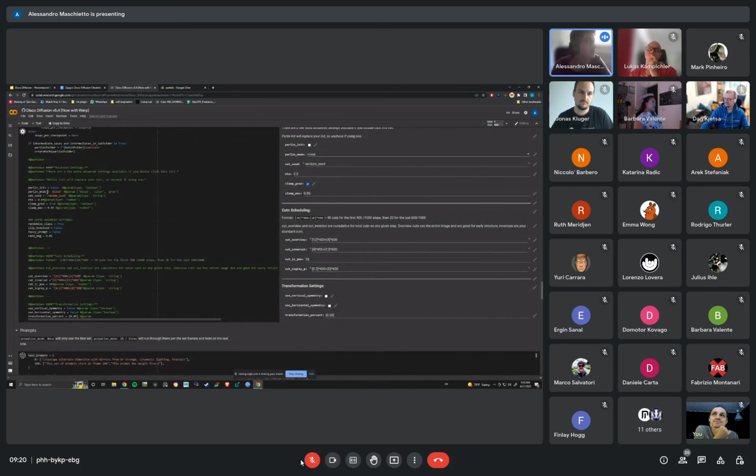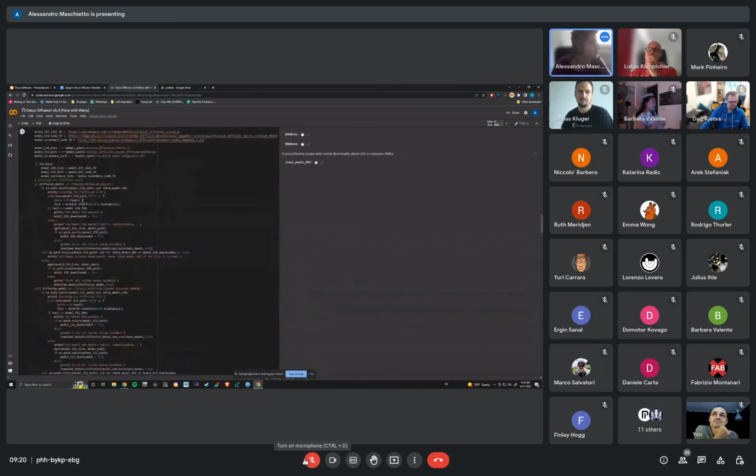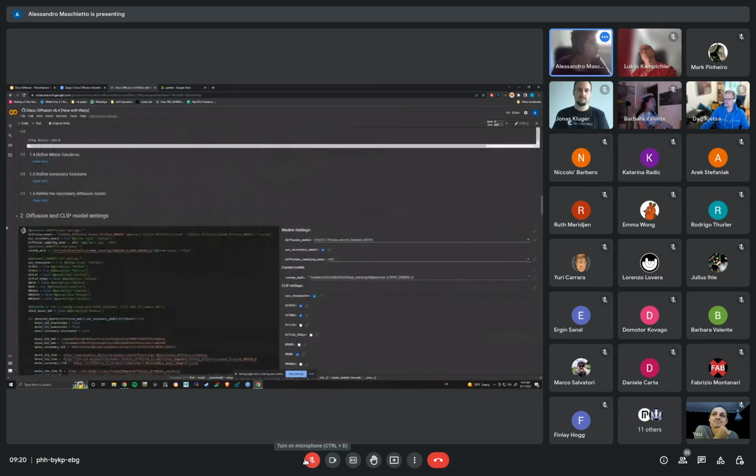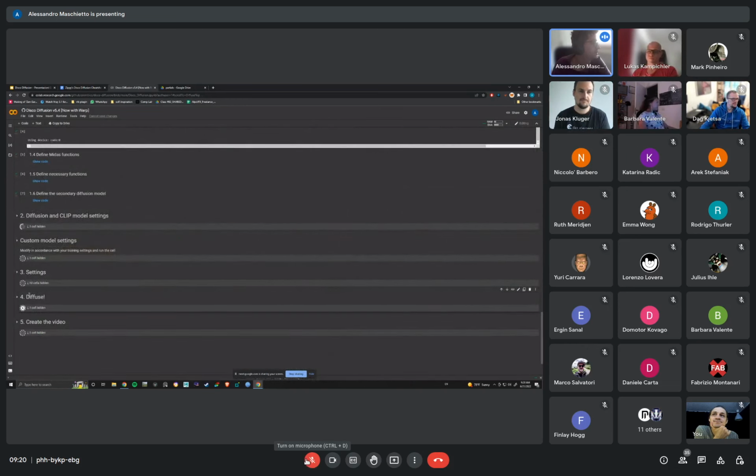So for example, if I copy these two cells, I can do, for example, 10 sequences, Miyazaki, then something completely different, then forests and trees, then cities, then space and nebulas, and I can forget about it.